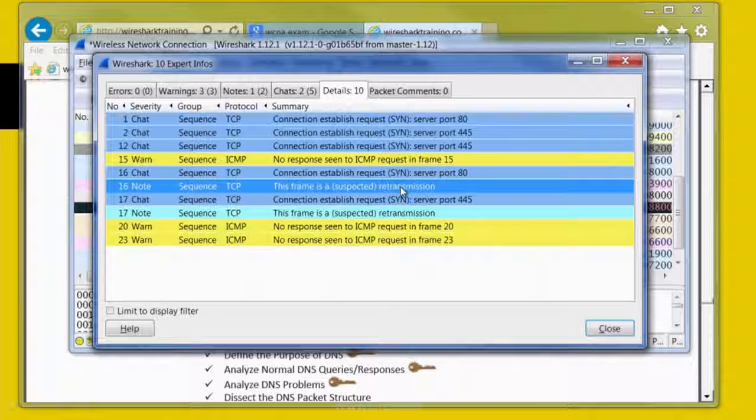For this example, this is a suspected retransmission. We'll cover this towards the end of this course in the last few modules. But what is a retransmission? Why does it happen? It's fine that it told me it was a retransmission, but is it okay